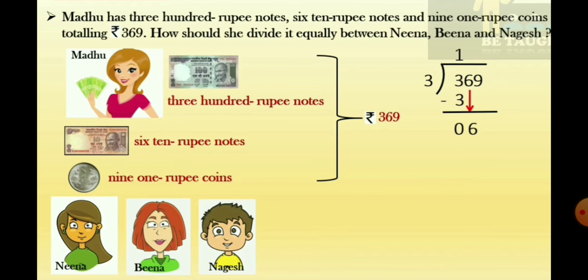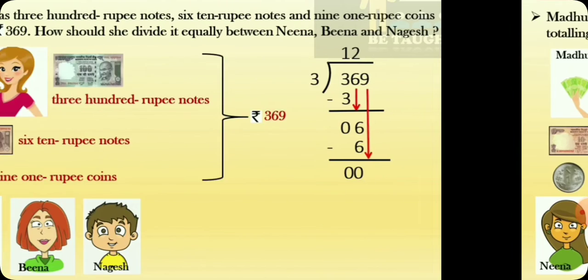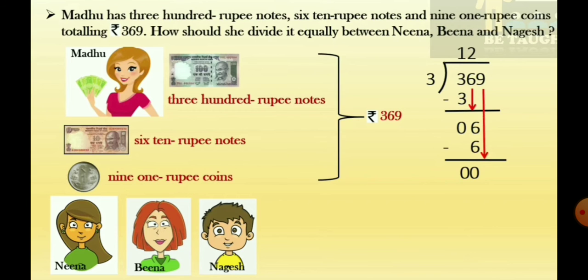Now let us take the first single digit number, starting with 3. So how many 3s are in 3 table? 3 ones are 3. So I wrote here 3 ones are 3. So 3 minus 3 is 0. Now I move to the next number, that is 6. I carried down 6 with the help of an arrow mark. So how many 3s are in 6? 3 twos are 6, and again 6 minus 6 is my 0.